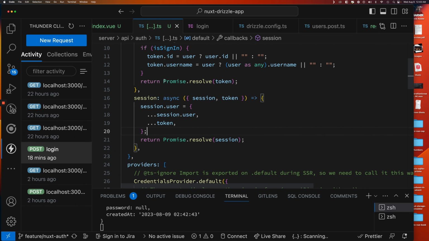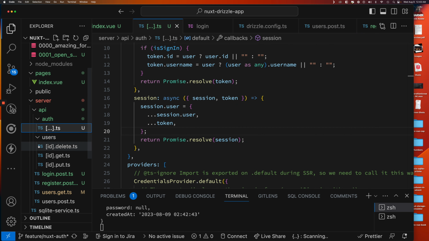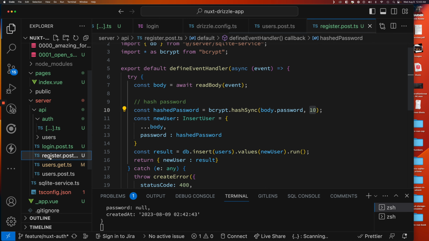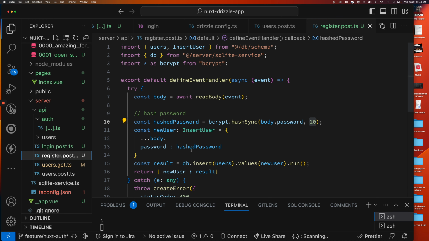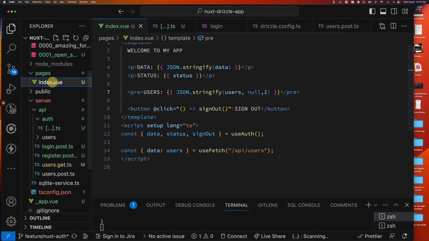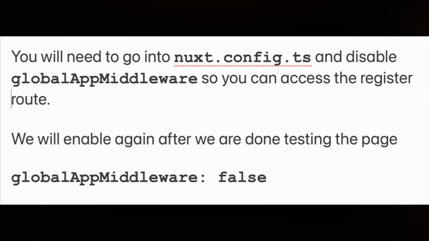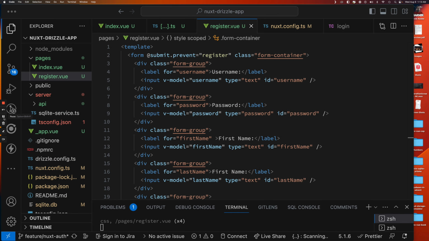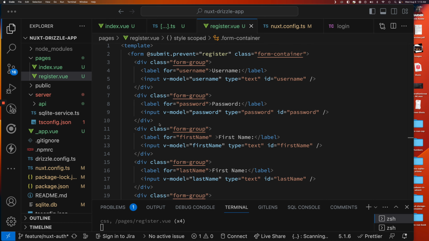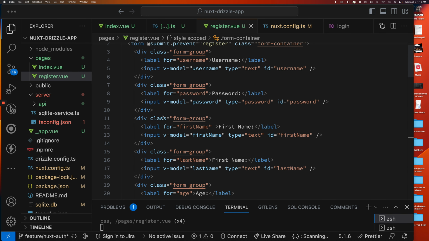And what we're going to do is we're just going to leverage this register function, the register API call that we made. We're not going to make this UI pretty. We're just going to get something basic to kind of get the users into the system so we can show how it all works. So let's just get something simple built here. Okay, so to save us time, I just dropped in some code for the kind of layout of a registration